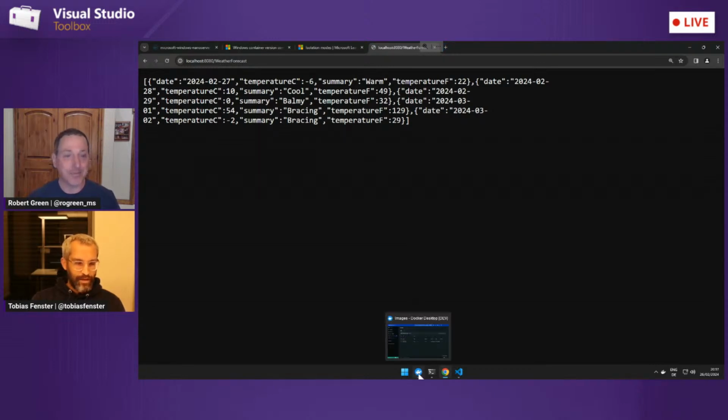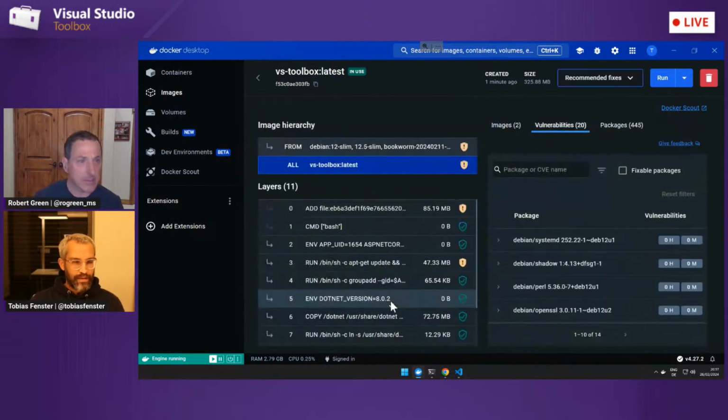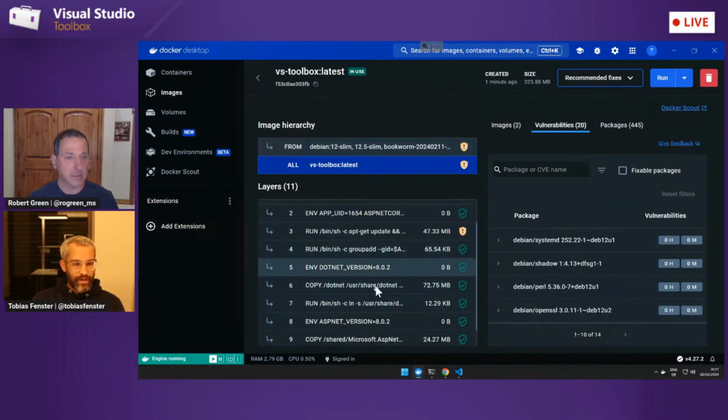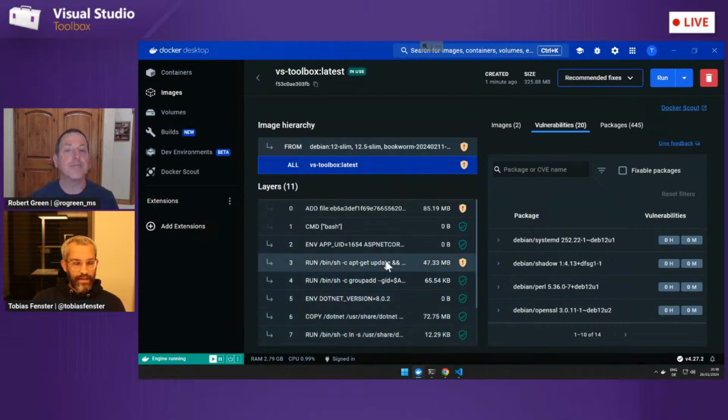If we take a look at the image in Docker Desktop, we can even take a look at what has happened behind the scenes. So we can see that it's now built on top of a Debian image, Debian Bookworm, which is the new default since .NET 8. We can see the commands that it has created for that particular image. So we can still kind of take a peek behind the scenes, but we don't have a lot of control there. Of course, a ton of parameters that we can use to configure things, but still, this is basically more